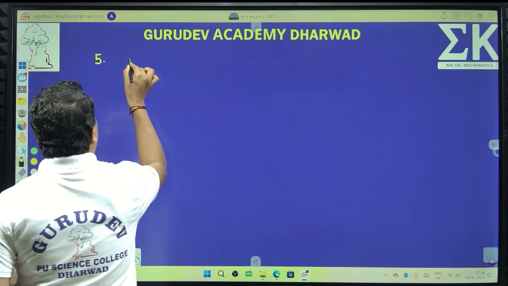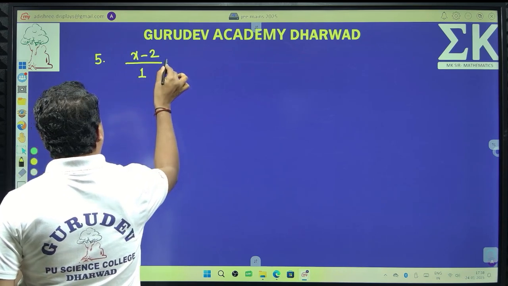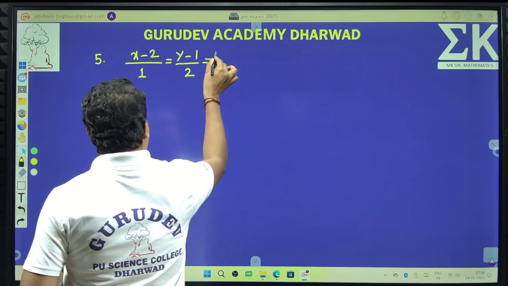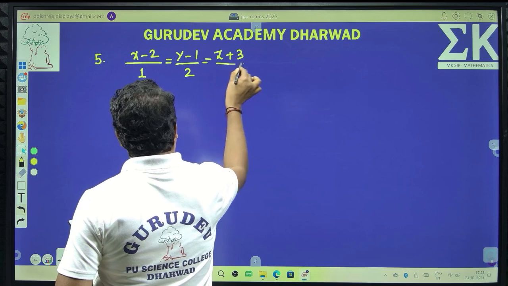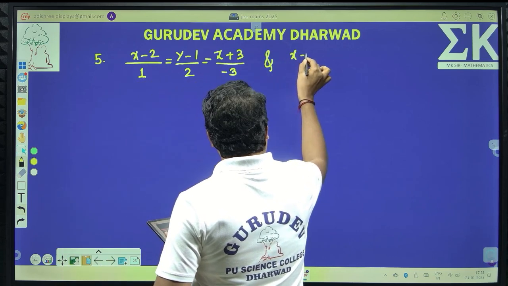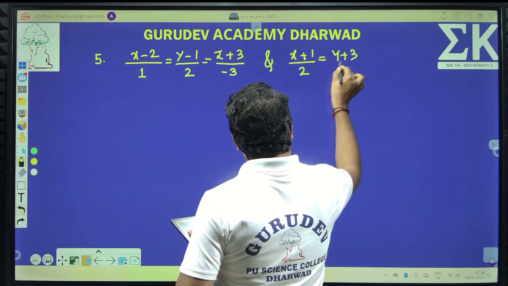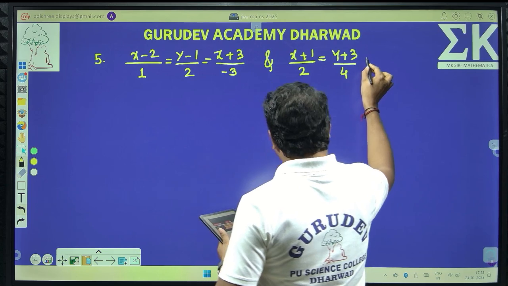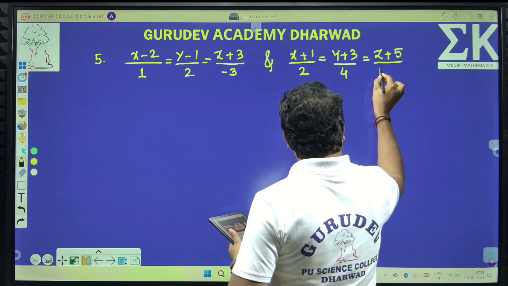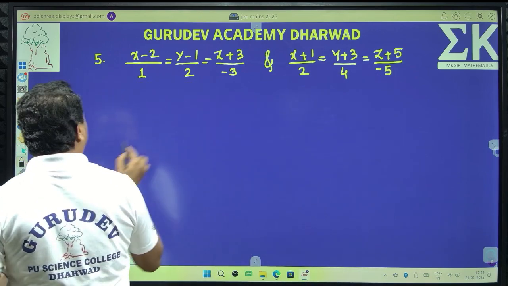Again the question is repeated: x minus 2 divided by 1, y minus 1 divided by 2, z plus 3 divided by minus 3, and x plus 1 divided by 2, y plus 3 divided by 4 is equal to z plus 5 divided by minus 5. The square of the shortest distance is